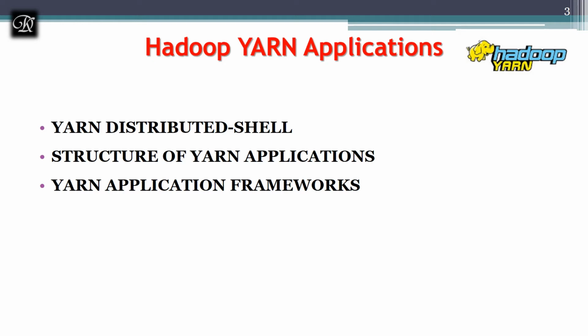It is created by separating the processing engine and the management function from MapReduce. Before, MapReduce used to take care of all this resource management, but right now, because of Yarn, MapReduce is only concentrating on the programming part, and Yarn will take care of the resource management. Yarn is also called a mini OS of Hadoop, because you know what an operating system means. It's going to take care of resource allocation, scheduling and all, right? So Yarn will do that. That's why they even call it a mini OS.